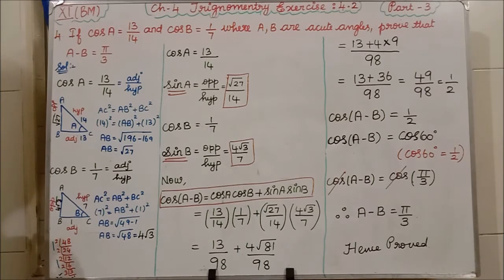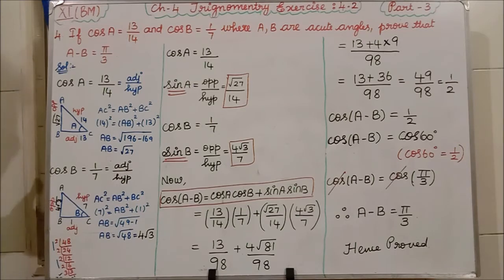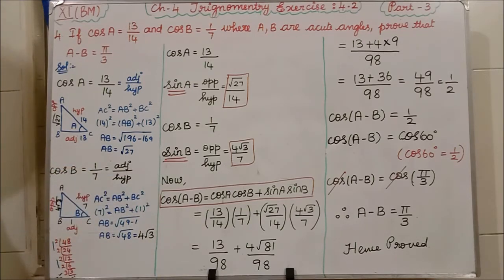So if we use the sin formula, we are not getting the answer, A minus B equal to pi by 3, we are not getting. So the other option is that we have only the cos. So I am applying the cos formula. I am not working with the sin formula; I am straightaway working in the cos value itself.